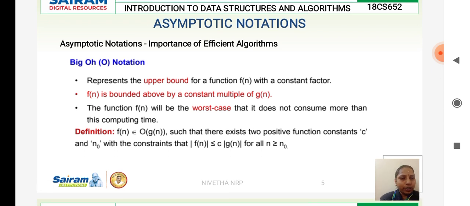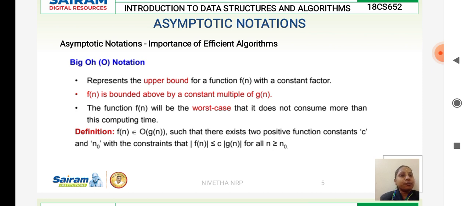The big O notation represents the upper bound of a function. We usually say that big O notation is the worst case. We have already discussed in the previous section what the worst case is. Whenever the time consumption and the space consumption are more, we say that it is the worst case. So we have a scenario here where it is not able to produce the output in the assumed amount of time and the assumed amount of space. Under this condition, we represent it as big O notation.